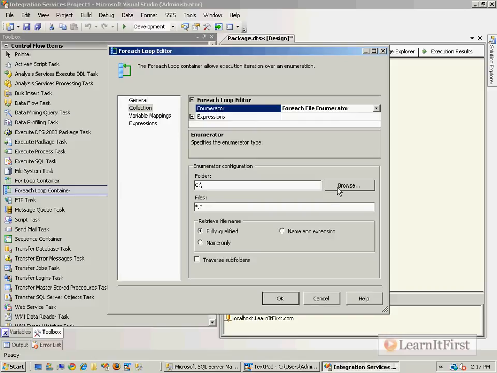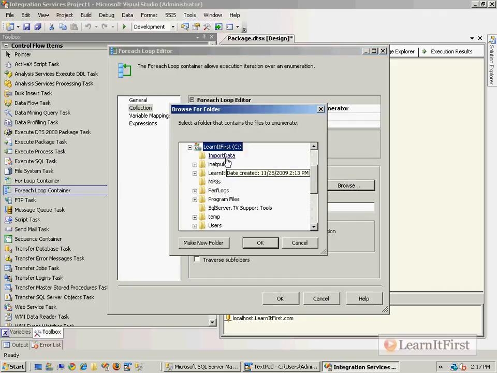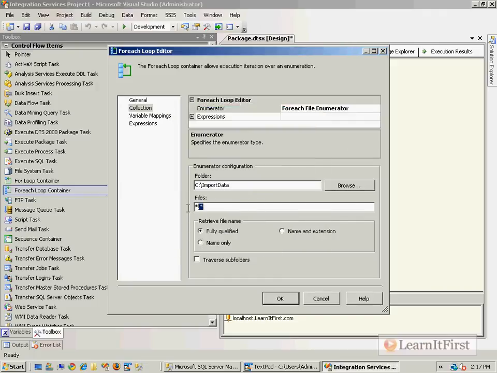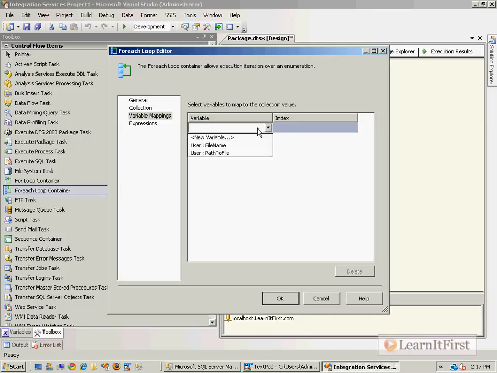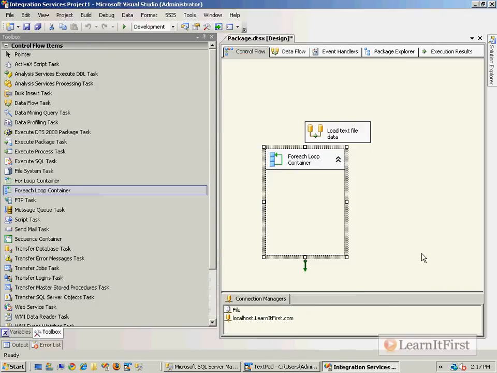Well, you know what? I'm going to fake it out. I'm going to configure it here and say I'd like it to be the import data, and I'd like all files, and I'd just like the name and extension, please. And what I want to do is take that name and extension and store it in my file name variable. So then I'll drag this in here